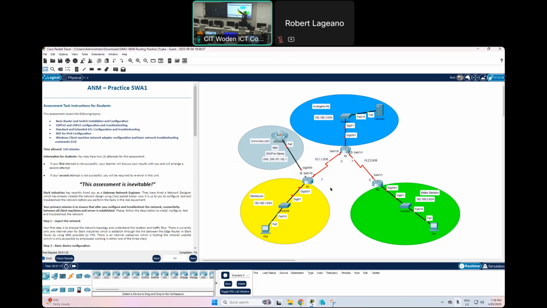And then you basically have to configure the routers as well, and configure OSPF on those routers so that they can talk to each other and exchange the local area networks that they're connected to. And then at the end, you will have full connectivity from here to there, here to there, here to there, here to the internet. So there is a website on the internet,